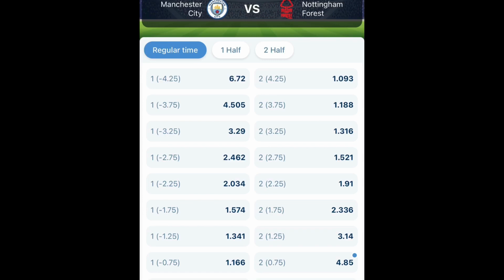If Manchester City defeats Nottingham Forest by 1-0, you will get 50% refund of your stake. For example, if you stake 100 naira, 50 naira will be refunded back to you. Instead of you losing everything entirely, you will get 50% refund.